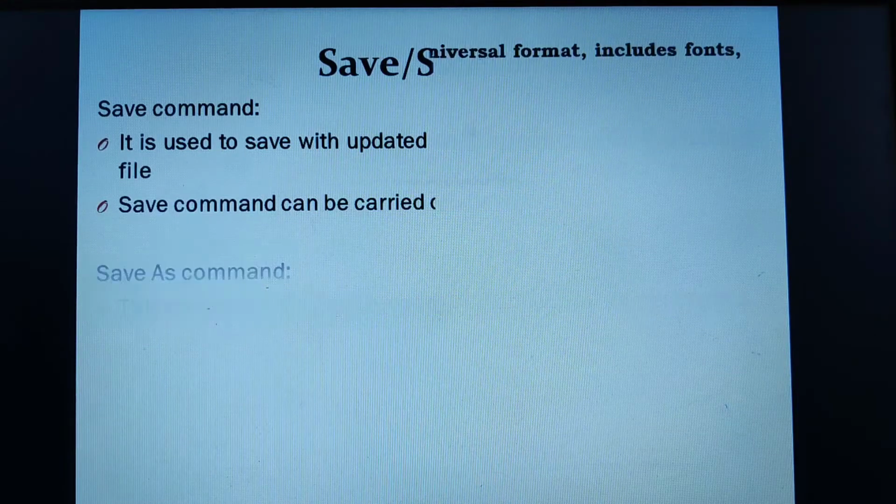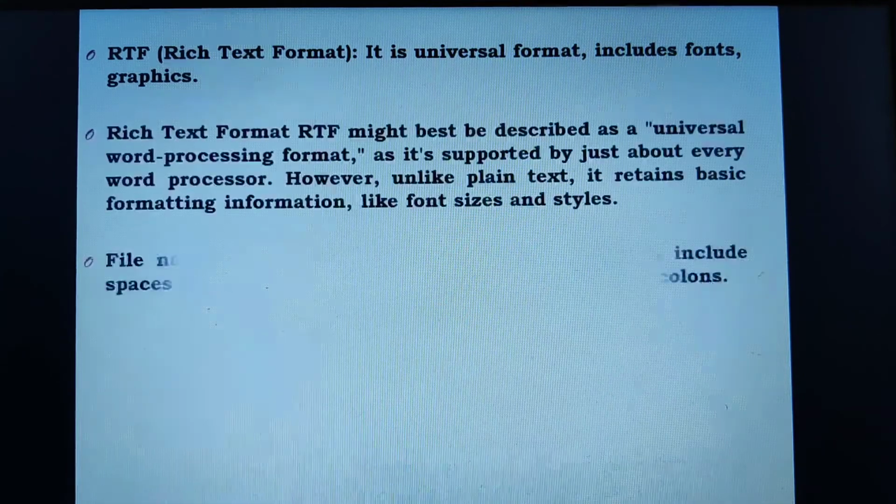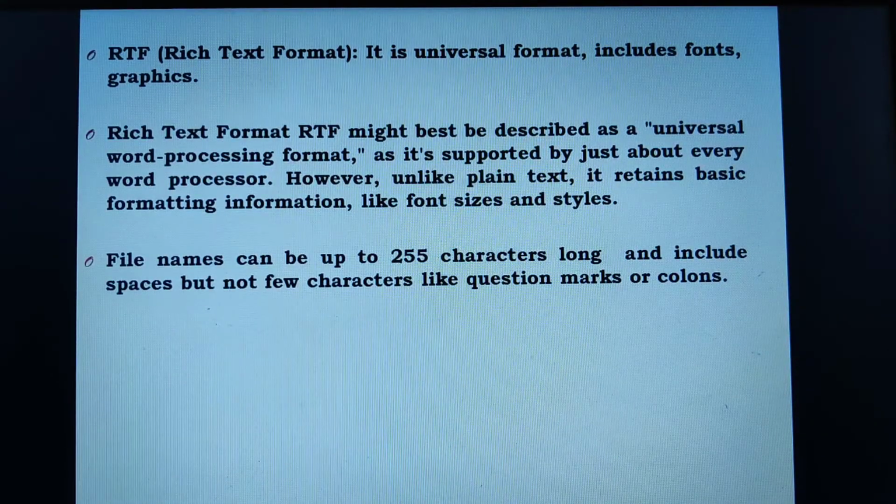Next, you can even save your file in different file formats. You can save your file as plain text. If you save your file as plain text, it doesn't retain any formatting. Suppose you have text with the font style Times New Roman, font size 24, some underlined text, bold and italics, all these formattings applied to your content. If you save your Word file as plain text, it will only retain the content and doesn't retain any formatting tools.